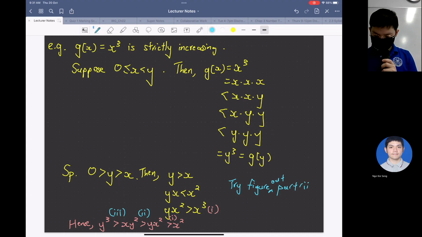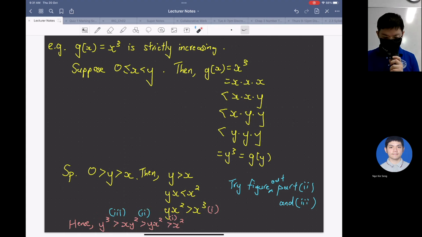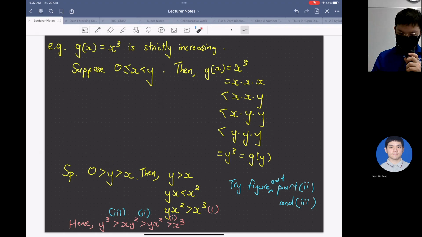Use the similar method. Try to figure out part 2 and part 3. So you can get this chain of inequality, so that to show that y cube is greater than y. Sorry, this one is a y. So that in both cases you will get